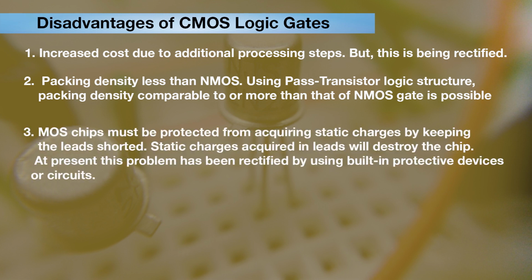MOS chips must be protected from static charge by keeping the leads shorted. Static charge accumulating on the leads will destroy the chip. At present, this problem has been reduced by using built-in protective devices or circuits. Now in this slide we have completed the CMOS